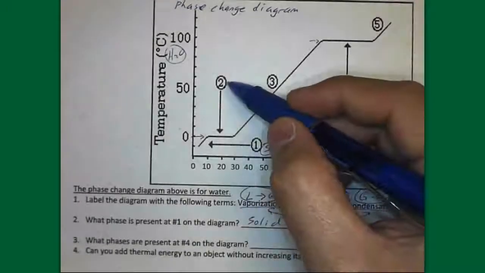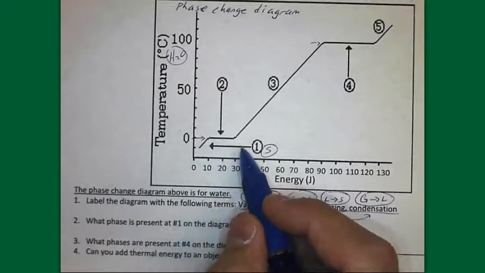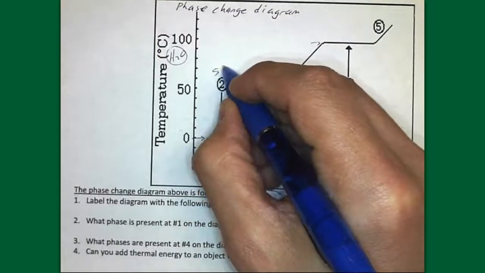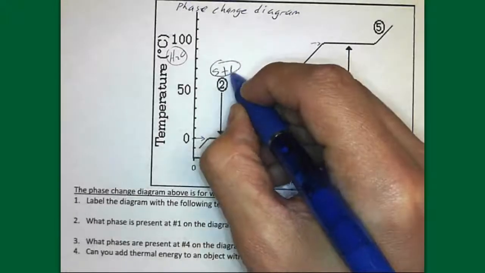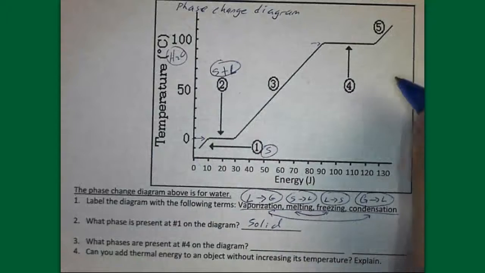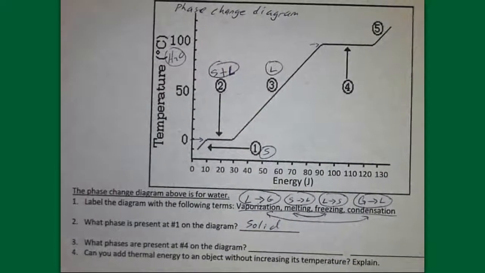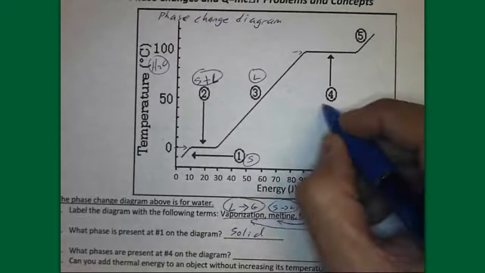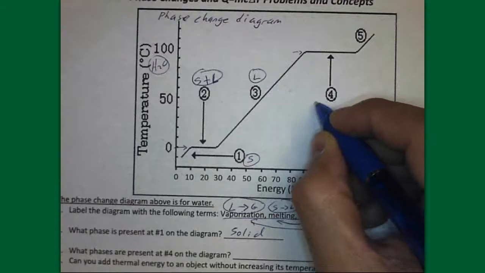At number 2, hopefully you remember, is the phase change area, and during the phase change you have both solid and liquid for this particular portion. Both solid and liquid. In number 3 there is only liquid present. In number 4 this is the phase change from the liquid to a gas, so in number 4 you have both liquid and gas,